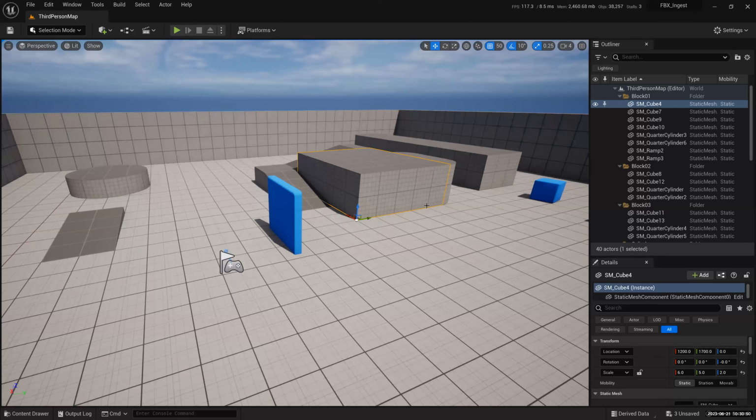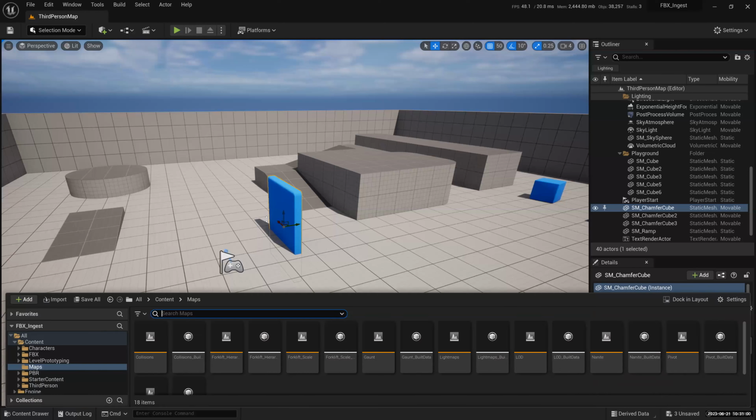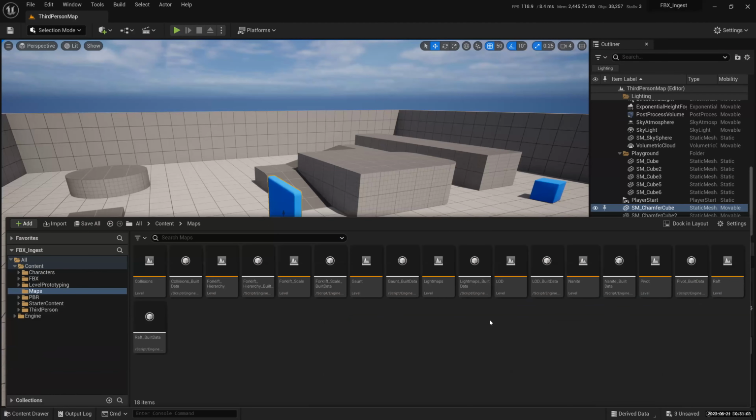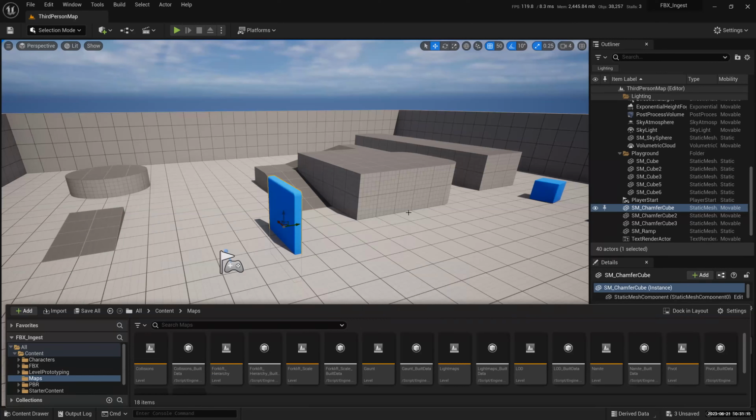So correct me if I'm wrong, actor is the active selected objects, right? Yes. Thank you for bringing that up. One second, guys. Whatever you see in your content browser is called an asset. This is the lingo from Unreal Engine. Anything inside the content browser is known as an asset. As soon as you bring it into the viewport, it becomes an actor. The lights are actors. The SM here means static mesh, which is an actor. Whatever you put in your viewport becomes an actor. That's the reason it said actor up here.